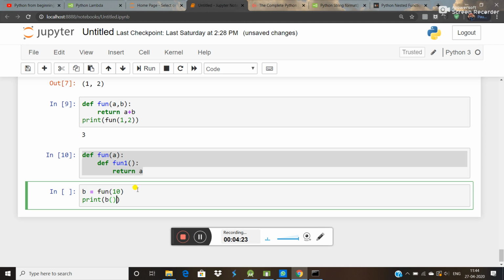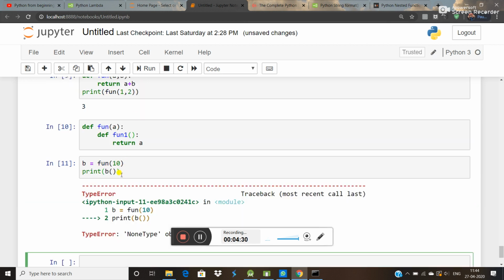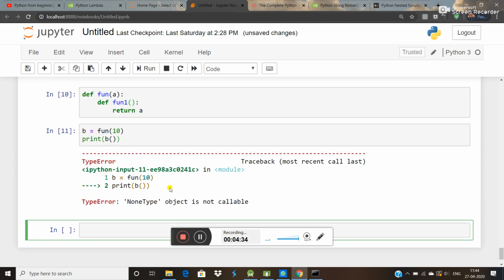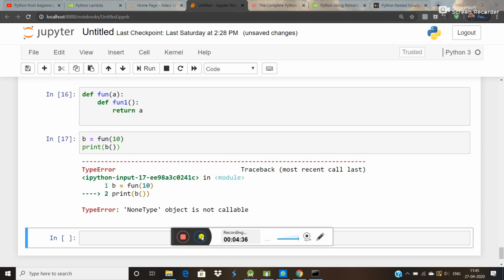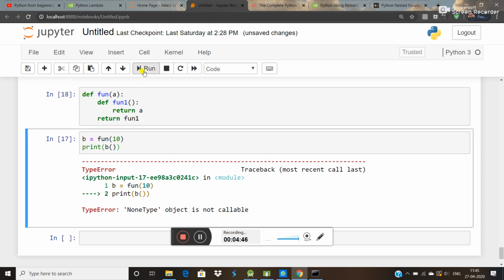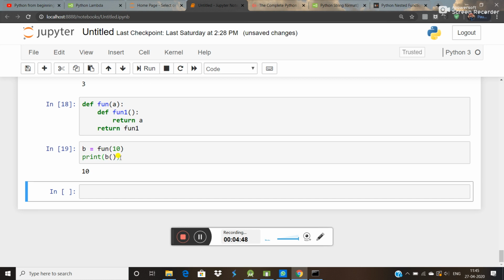So like that you can call this function. I think it is working. Yeah, NoneType object is not iterable. Okay, what is the error here? Oh yeah, I forgot to write return and the name of the function, fun1. Now run this. Yeah, now it is working.